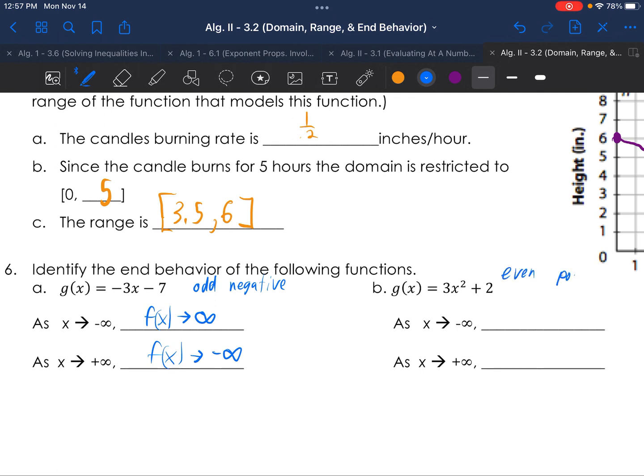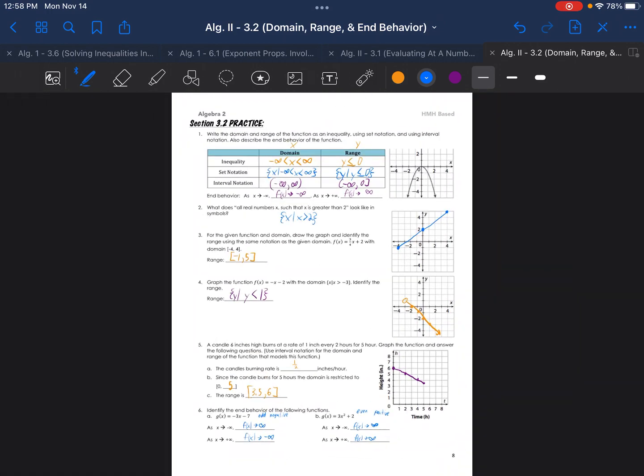An example B, it's an even highest exponent as 2, and it's a positive leading coefficient with that exponent, the x to the second. So as x approaches negative infinity, goes all the way left, the f of x, or the y values, go all the way up, positive infinity. And as it goes all the way to the right, it actually does the same exact thing, also goes all the way up. All right, that is it for section